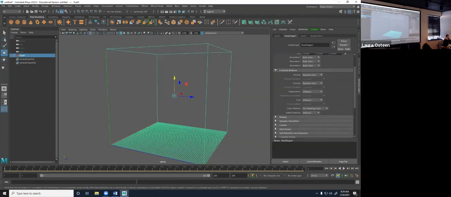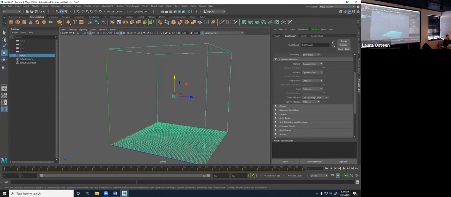So the second section here is this content method. This is what is being simmed. So we have density, velocity, temperature, fuel, color, and fall off. This is the default with density and velocity being the ones turned on, and your color method is static or use shading. You also have static and dynamic. Turning these on will change how it is shaded. So just be aware. I'm going to keep use shading color for today's lecture, but if you want to turn one of those on, you can play with it